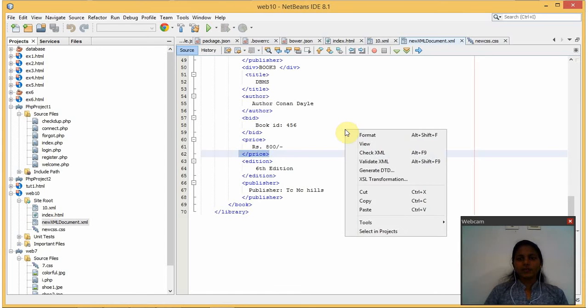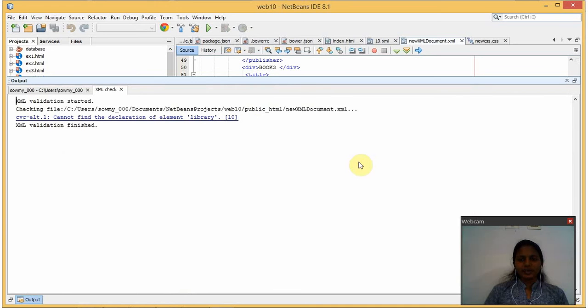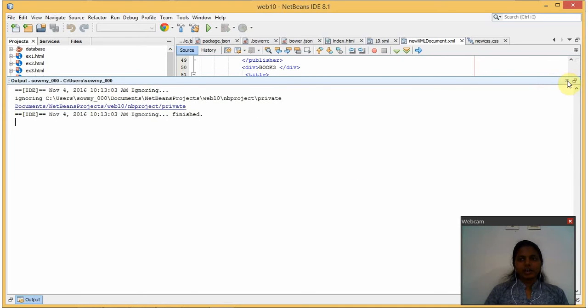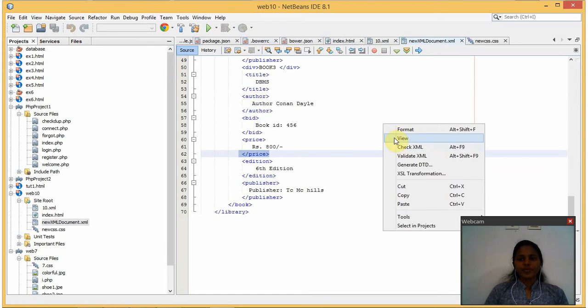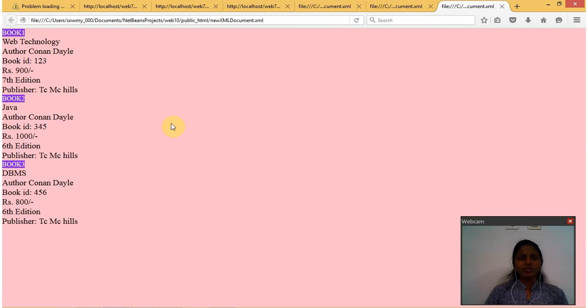Here, to check this, we'll use validate XML, and validate gets checked. Then to view this, we use a view. That you got the values here. Whatever values you have given in this, you will get the values. So book 1, book 2, book 3 are the second level nodes for the library root. That you got the values, and here I have given some effects using div tag for these books